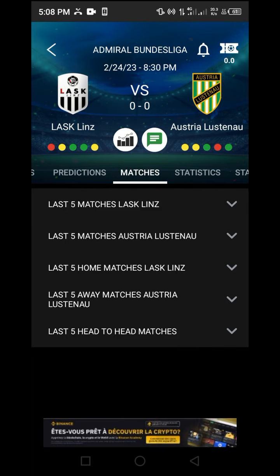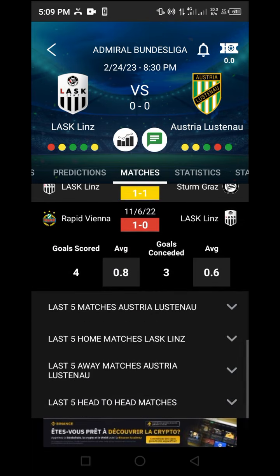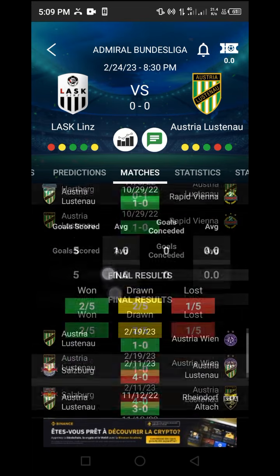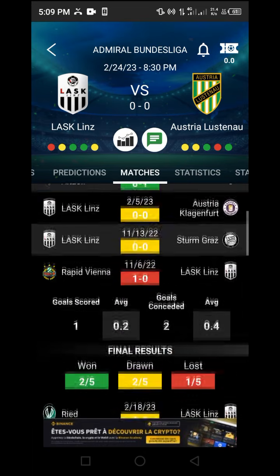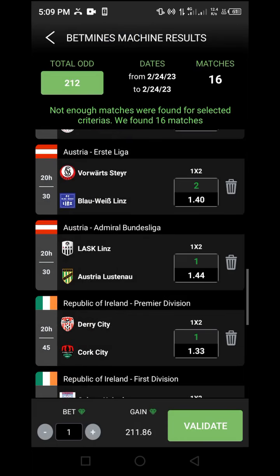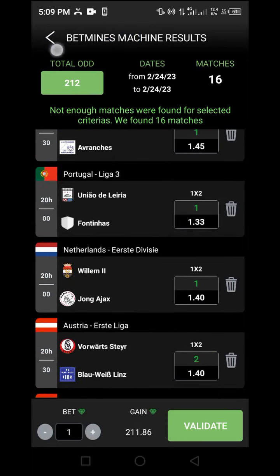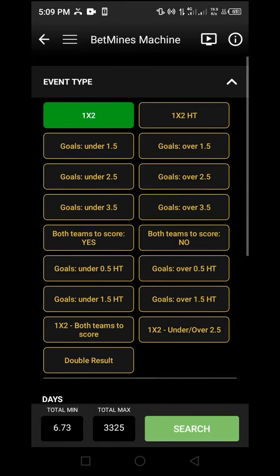most recent matches played by the team, and check for that of the home. Do the same for that of the away, and make sure that they actually perform well. And once that meets your need, then you can choose that and include it in your bet slip. And you can move one step backward, repeat the same process, and that will continue. Once you are done with this, come backward one step again, go back and come to this area that